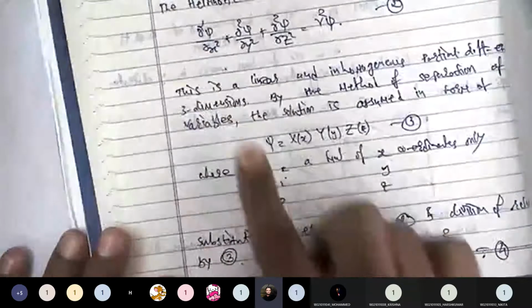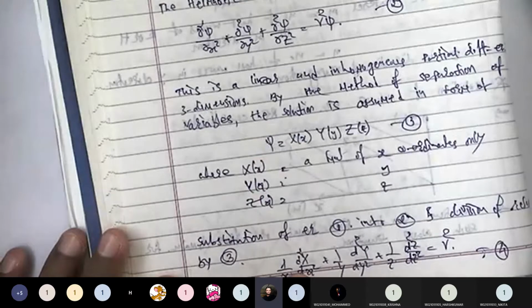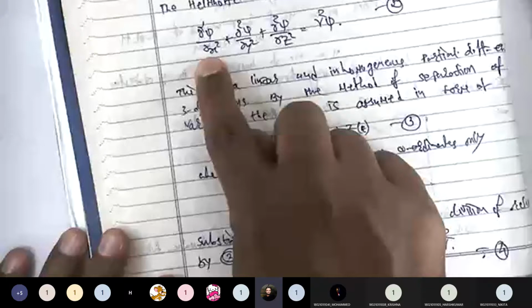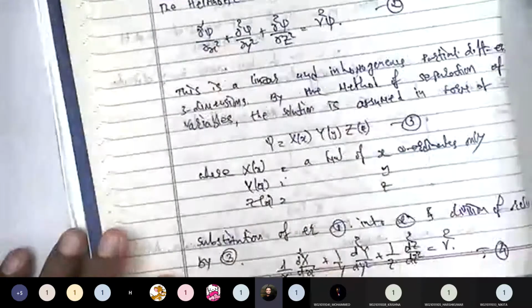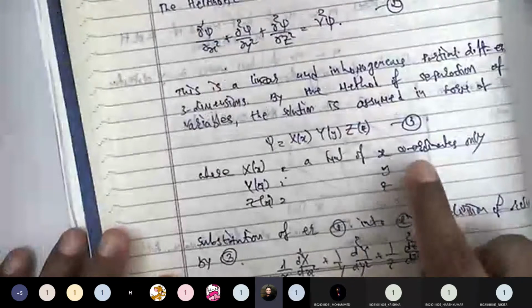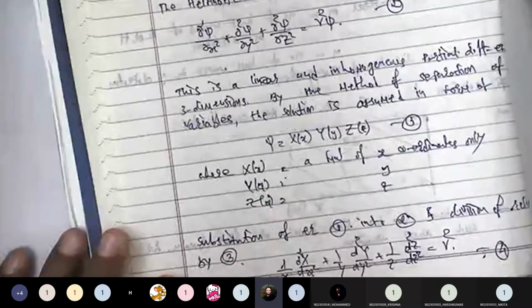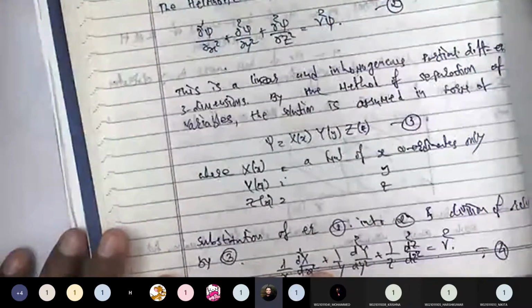So I can say that now, because earlier it was dependent upon the individual x, y, z components in this equation, but now because here this x, y and z are independent of each other, the partial differential equation becomes differential equations.